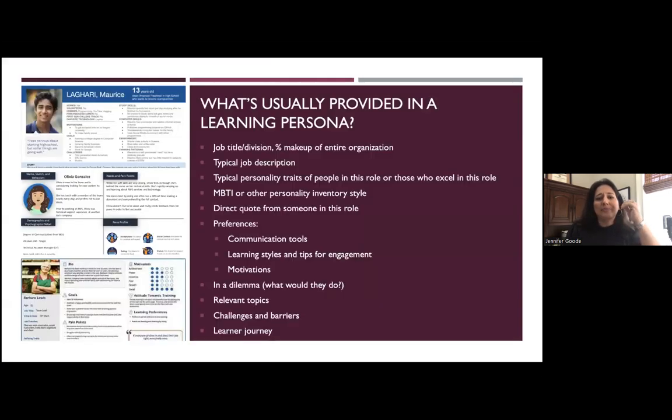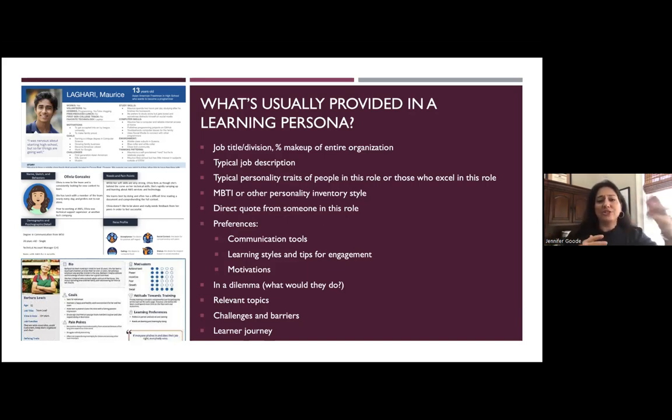So what is typically in them? There's all kinds, okay? These are just some typical things that I have seen as I've worked in learner personas. I did a quick Google search. These are not mine, but you can pull these up and look at images and find some really fine examples of what learner personas look like. So these are not actual ones for my clients. I didn't want to use any of those without permission. So here are some basics.